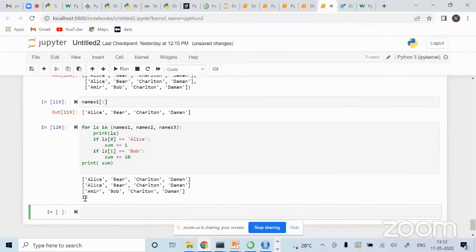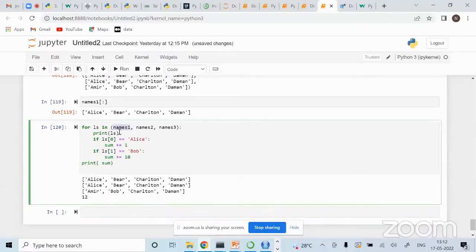I can see the value as 12. Now what is actually doing is, let's try to understand. Okay, so for one by one what it does, first go to this list. Okay, names one list, right? Now it's zero position पे Alice है, so first position पे Alice है, इसका मतलब it will go here. तो sum started with 0, right? Then it will check if first place, I mean second place पे Bob है या नहीं, तो it is wrong, it has not done. So now that's why you are seeing that your sum is 1 only,